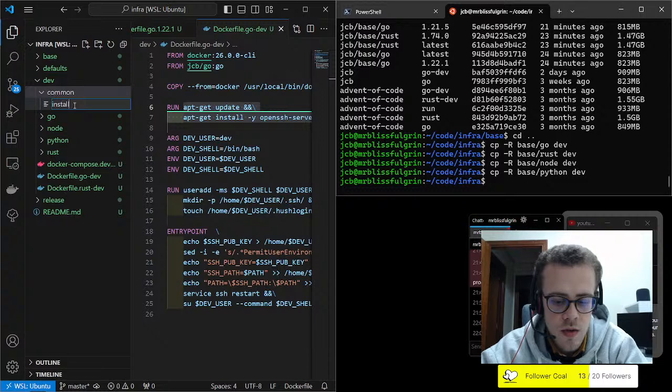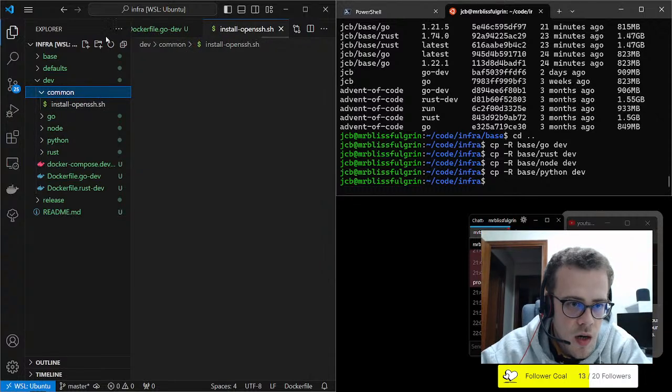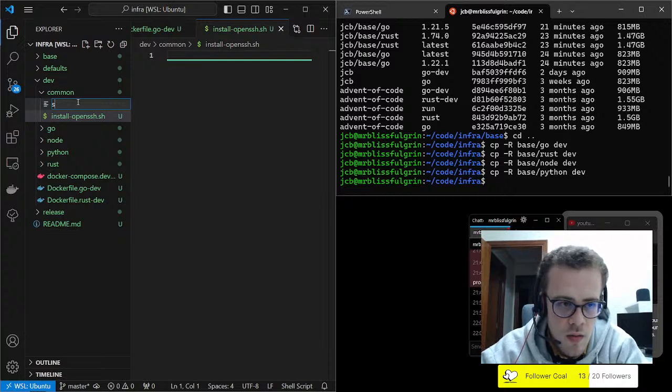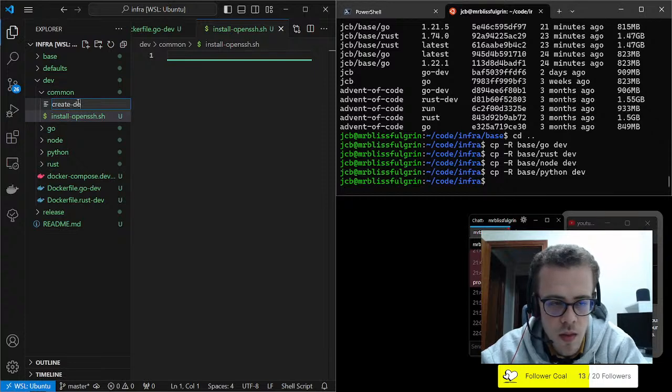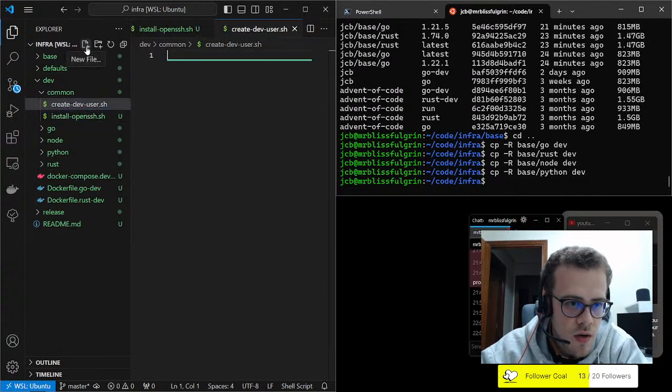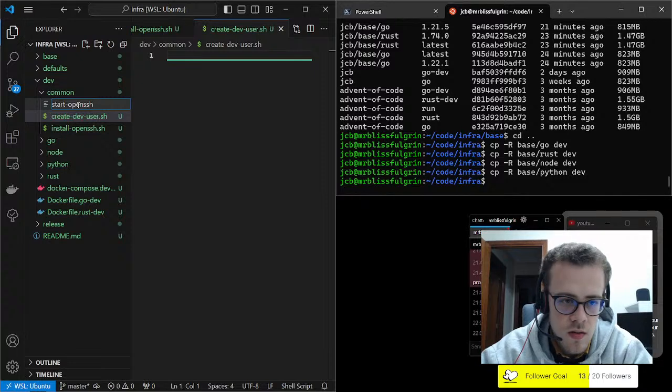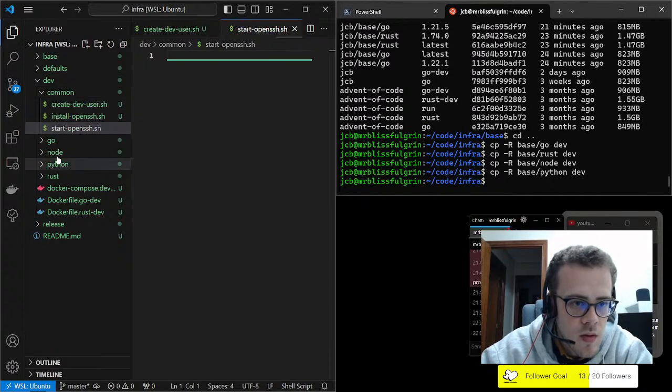So install OpenSSH.sh and another which is setup, well, create dev user.sh, and another one which is the configure, well, a start OpenSSH. Alright, so I want to have those,